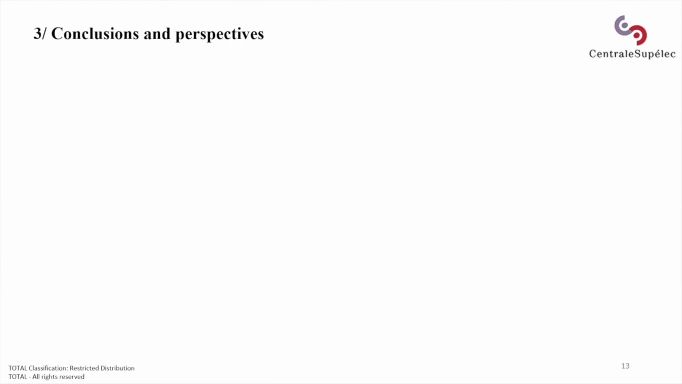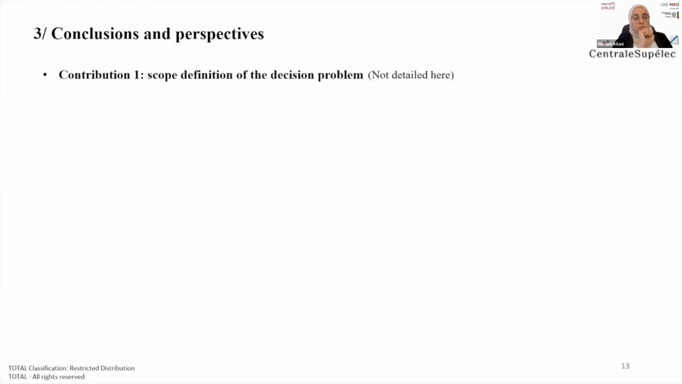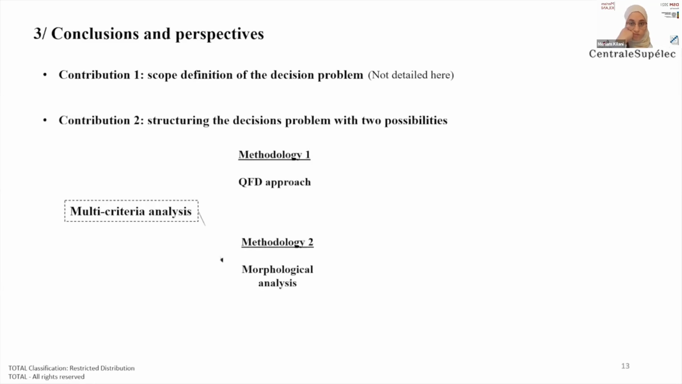We pass now to present our main contributions. The first contribution concerns the scope definition of the decision problem. In fact, we have here the possibility to parameterize the output of the decision problem and to choose between deciding one decision among n or deciding all decisions at once. However, whatever the scope of the problem, it is important to note that the methodology for proposing recommendations will always be the same. This contribution was not detailed here due to time constraints. The second contribution